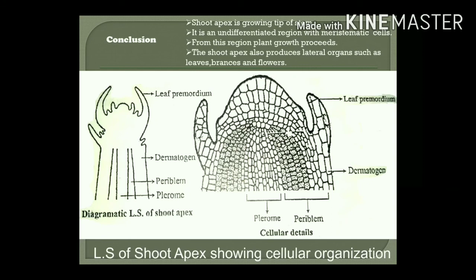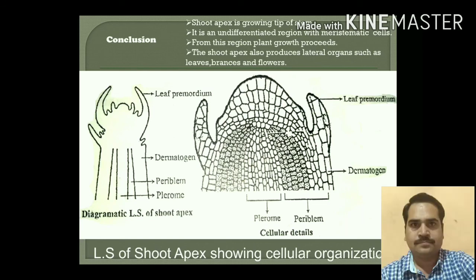And the third layer, which is called plerome, is the central region of the shoot apex. The cells of plerome divide irregularly at a very little distance just near the growing point and add new cells. Some of the new cells become much elongated and finally give rise to procambium. This procambium later on gives rise to the vascular tissue of the stem. The remaining new cells divide again and again and finally give rise to the pericycle and pith region of the stem.